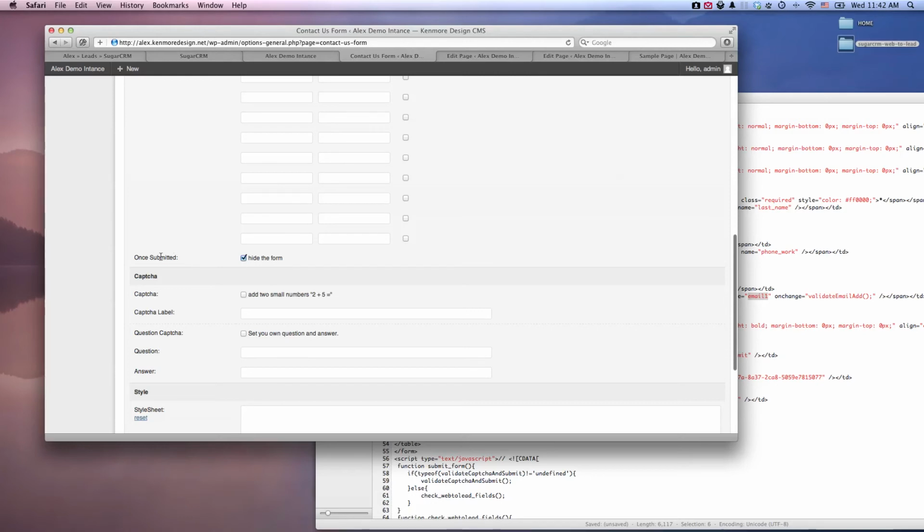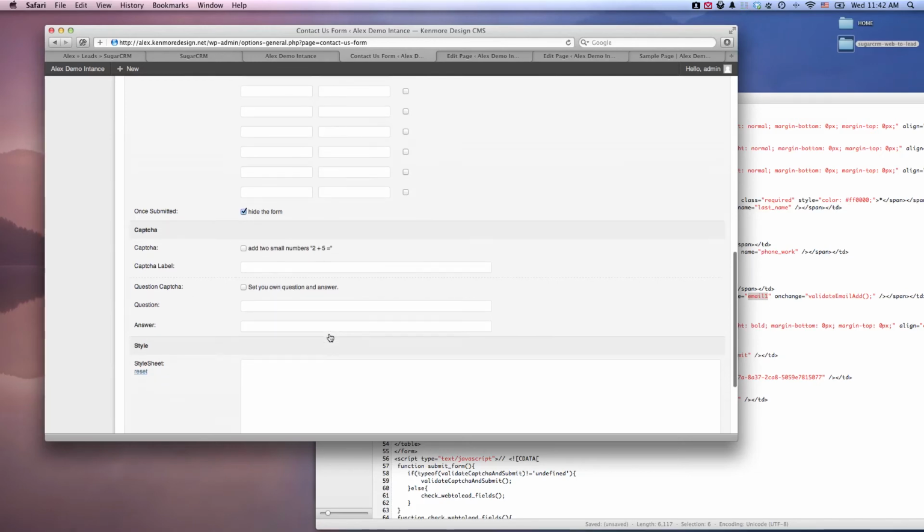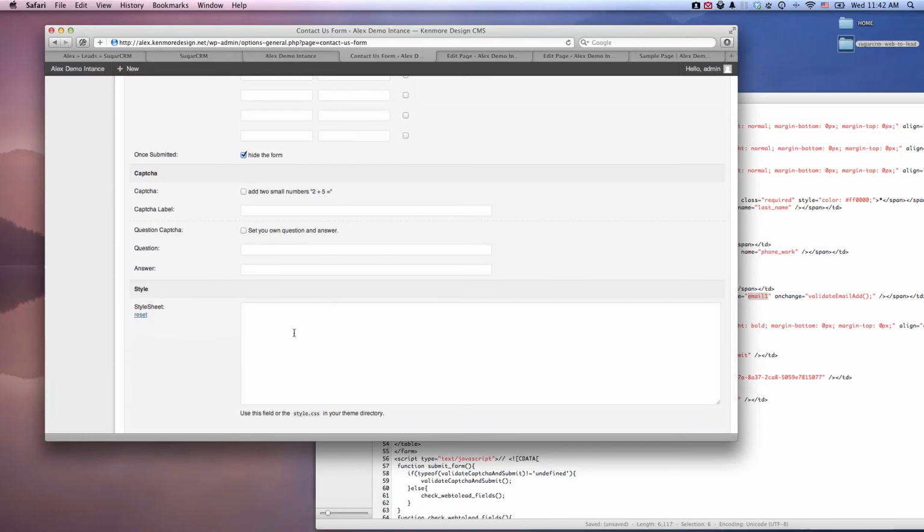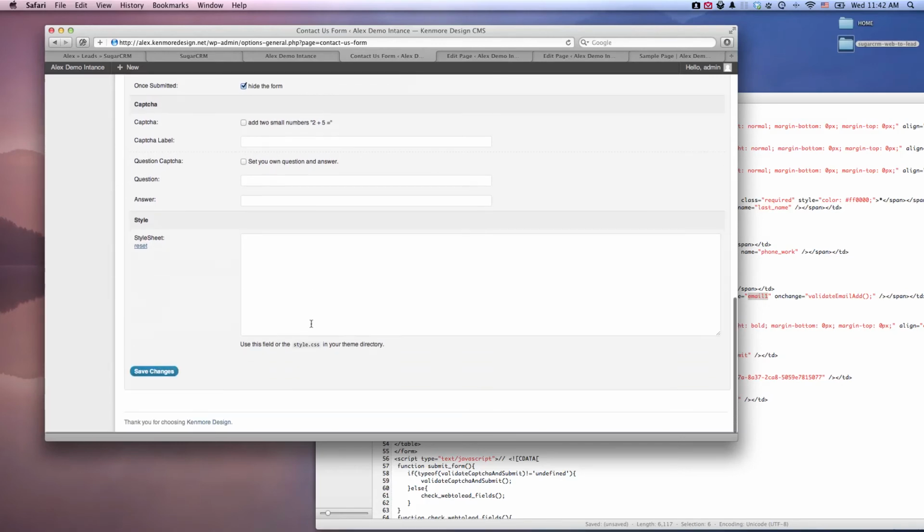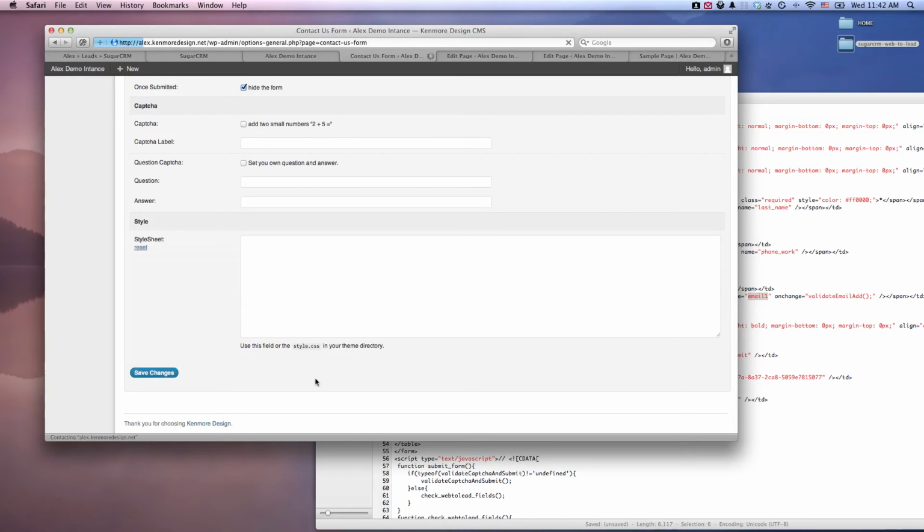You can also hide the form once submitted. You can add a captcha, which could be two simple numbers to add. You can have your own question, and if you know any CSS, you can add any custom CSS to your form. Once you click Save Changes,